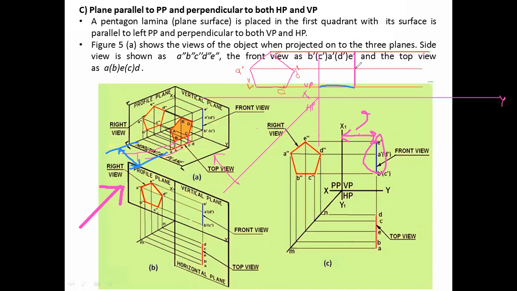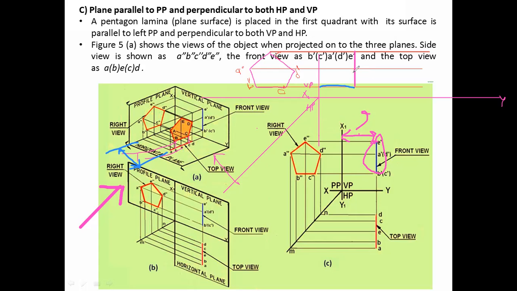So this point, first of all, will be, now when you will be seeing from front, which edge will be near to your eye? Here we are having 2 points, A and D. So which point is near to you? B point.